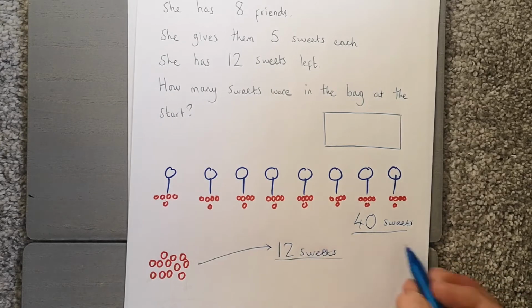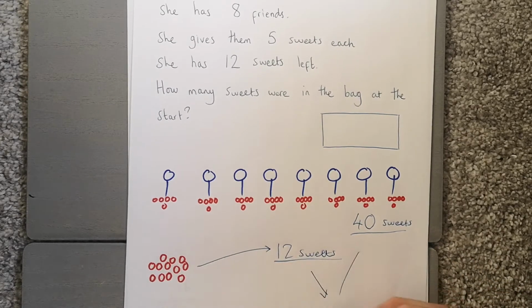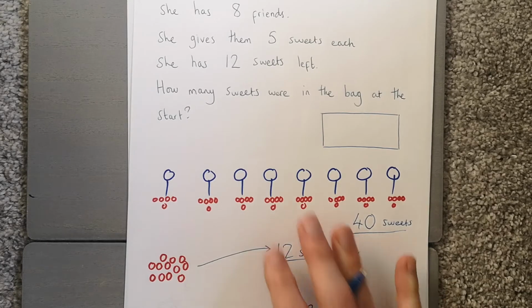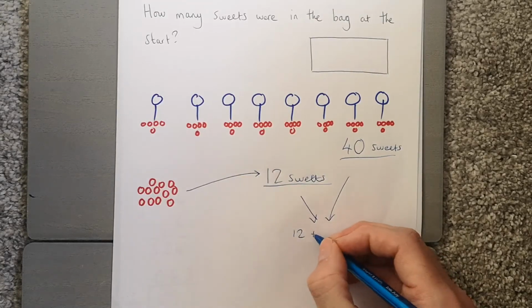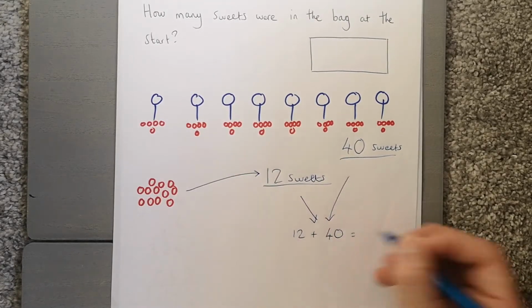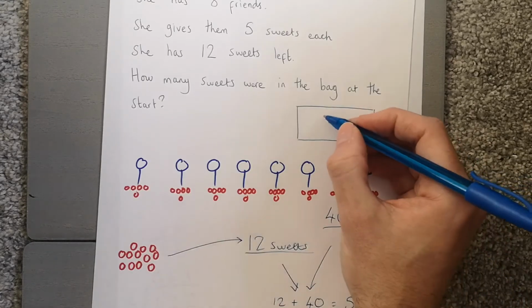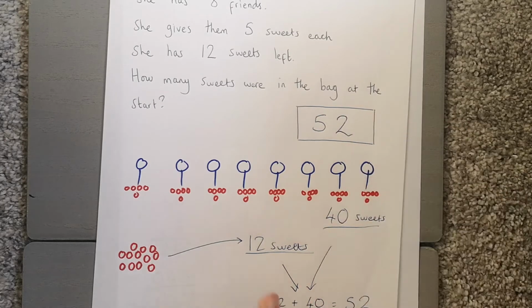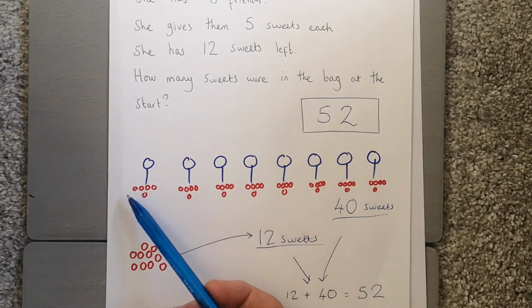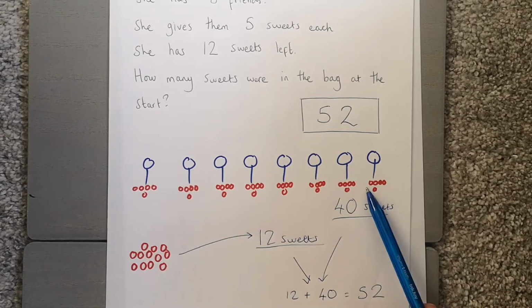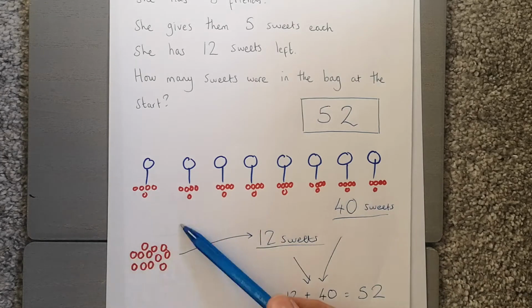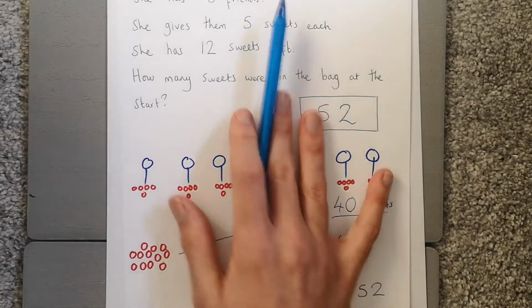So we're going to have to see how many she's got left. So we do the simple addition of 12 add 40, which would give me 52. So how many sweets were in the bag at the start? There was 52 at the start, because we've found out how many sweets the friends have, and then how many are left over, and then we've added